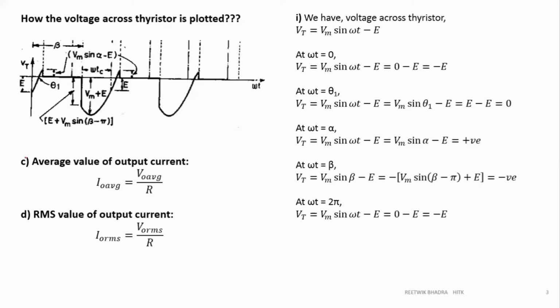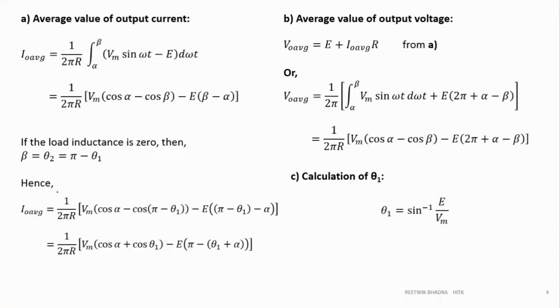These are the common formulas which we can use: I naught average equals V naught average by R, I naught average equals V naught RMS by R. This formula should be on the next page, sorry for that. I'll change it and send it to you. The main thing over here is that this RLE calculation is a large calculation. You have to do it on your own. How can you remember? I told you to write down all the formulas on a single page, compare all the formulas, make a comparative analysis, and try to remember.